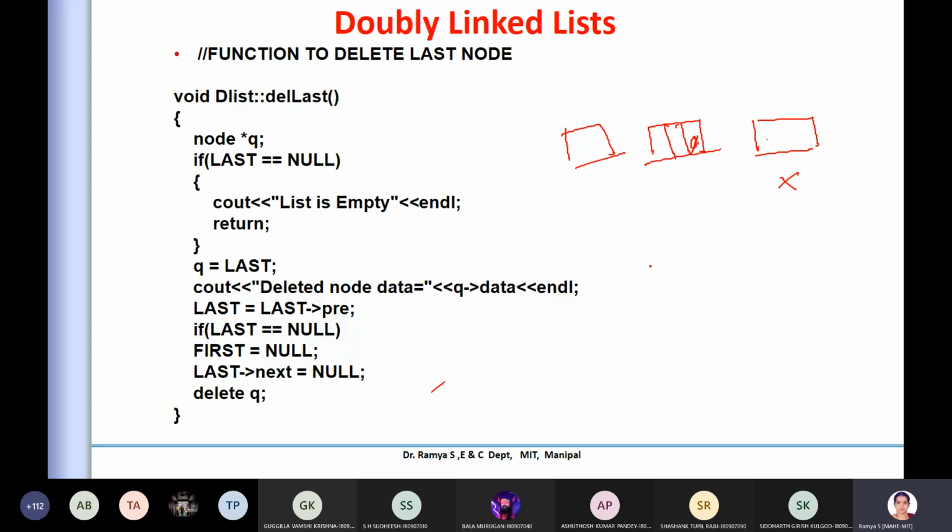Now why do I have to do this specifically, this point? Can anybody tell? I have removed all the address references, but why do I have to do this? Yes? Ma'am, it'll be a hanging pointer. No pointer, there is no point. Actually, memory is not released.